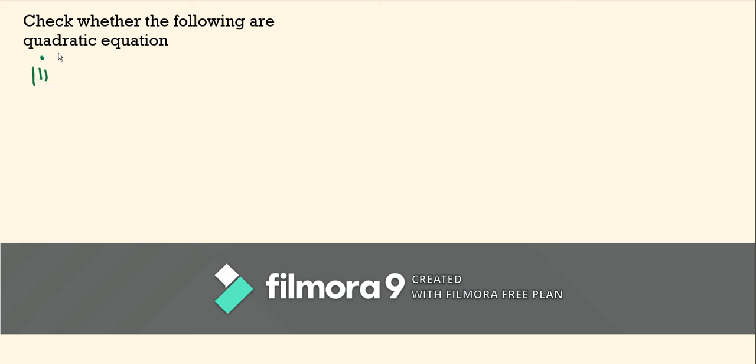I have the question. The question is (x minus 2) whole square plus 1 is equal to 2x minus 3. First of all, we will not quickly judge this equation. First of all, we have to reduce this equation to the form ax square plus bx plus c is equal to 0. So let's start. First of all, we'll open the square. What we get? x square plus 4 minus 4x plus 1 is equal to 2x minus 3.